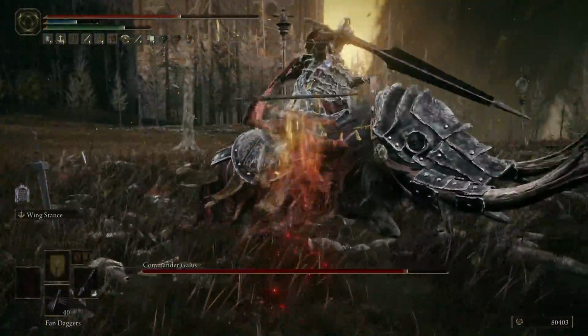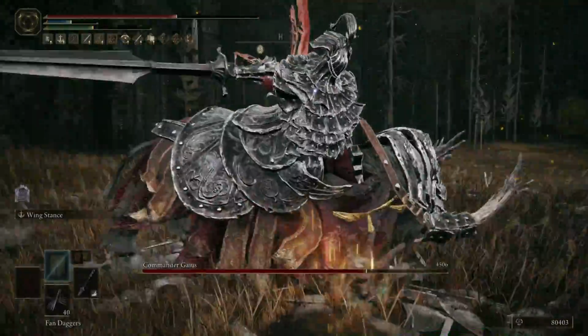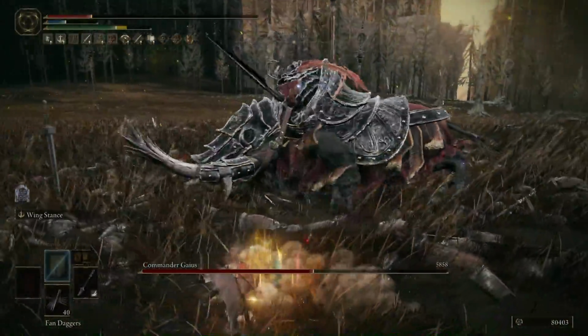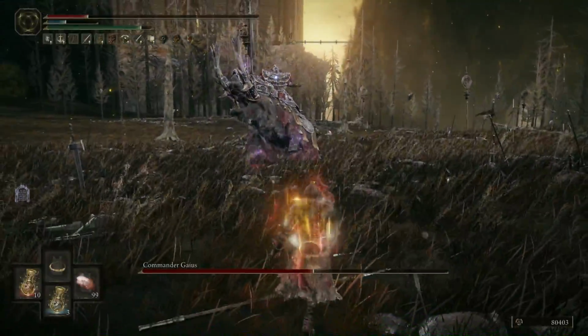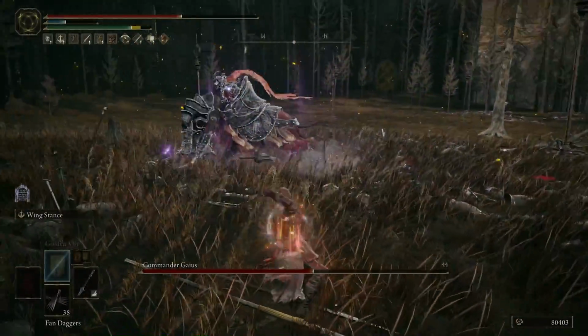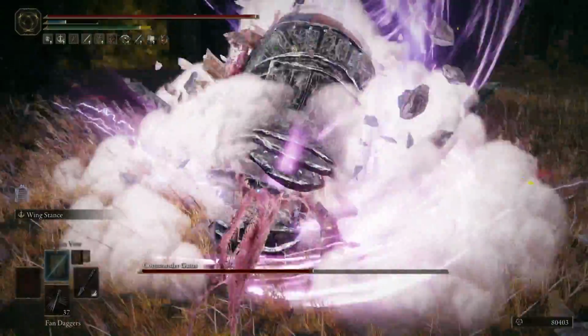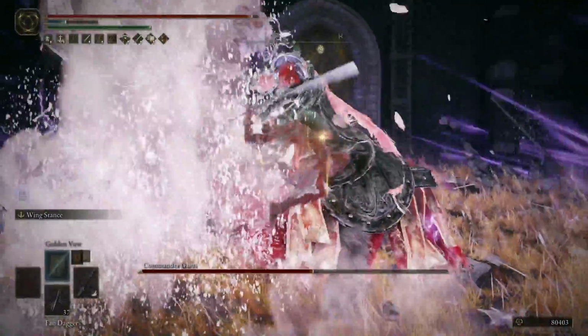So I could be doing significantly more damage here, but you'll see that even on Keen with such low dexterity, I'm still doing a fuckload of damage to this guy with each hit. 3 hits and he's already entering phase 2. So, the important thing is to make sure, oh, by the way, you can dodge into this and you get